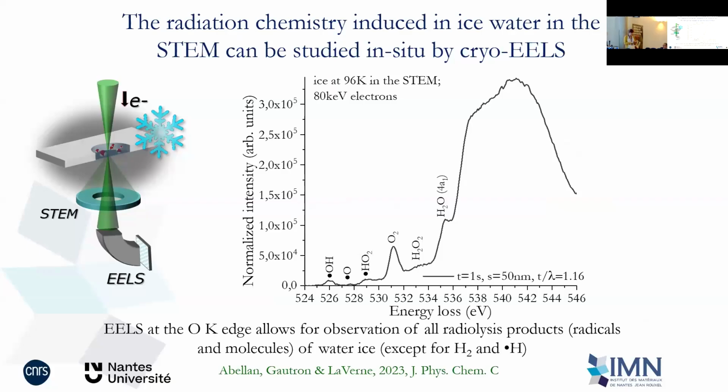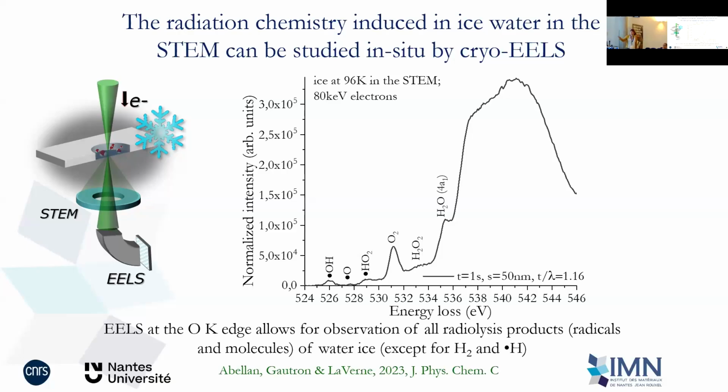Okay, so what we did, and now this is a bit tricky because I'm going to talk about ice. I have been talking about liquids, and now I'm going to show you results in ice, because what we wanted was a freestanding layer of water without interfaces to start with. And then what we did was freeze the water and do the cryo experiment. So this is cryo EELS, it's not liquid. And I will talk a little bit after of what happened with solid and liquid and what happened when you change